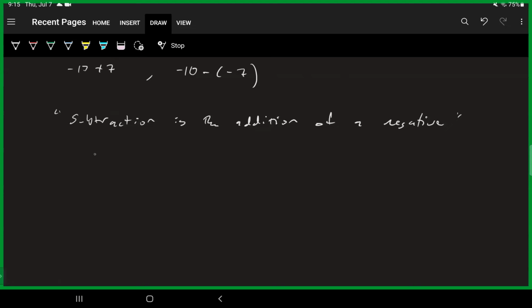If I want to look at 14 minus 8 as we had above, since subtraction is the addition of a negative, that's the same thing as 14 plus a -8. We're going to compare the two numbers, 14 and -8, and determine which one has a bigger absolute value. 14 has a bigger absolute value than -8. So I'm going to set it up as subtraction like we're always familiar with, and I'm going to get 6 as an answer. And that's how I get 6.